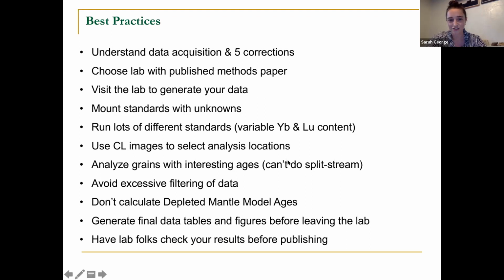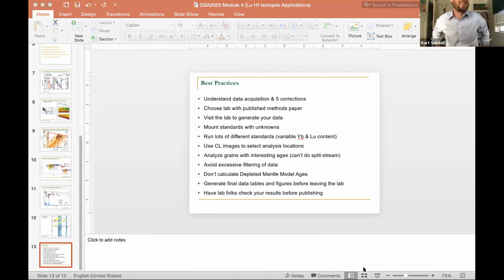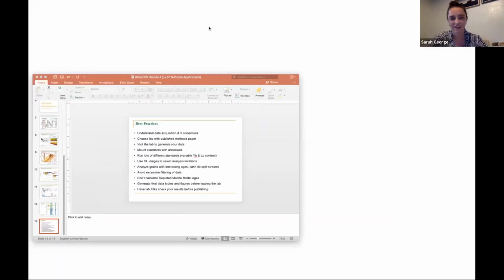Okay, any questions for hafnium isotopes, or should we hand it over to Kurt to do some fun plotting? Or do we have a break? We have a break. We have a break scheduled for right now. I'm sure people, especially on the East Coast, are ready for a break. It's getting a little later out there. Yep. Yeah, what do you